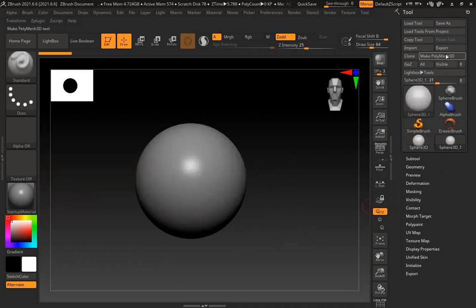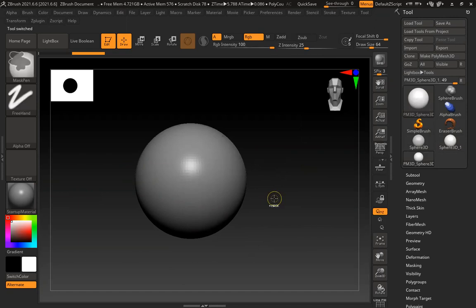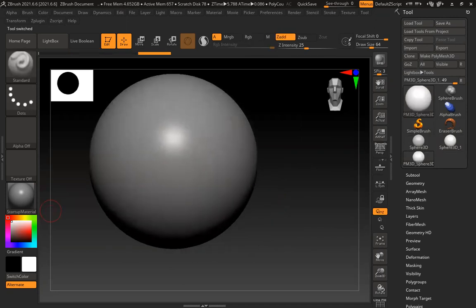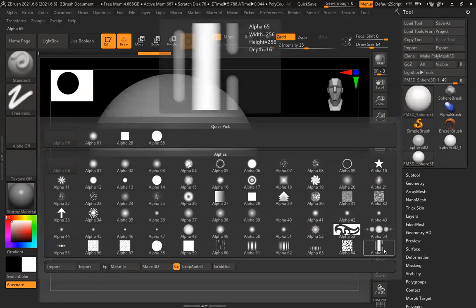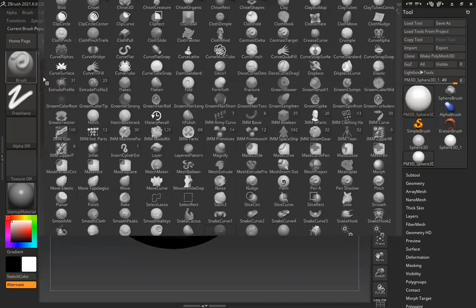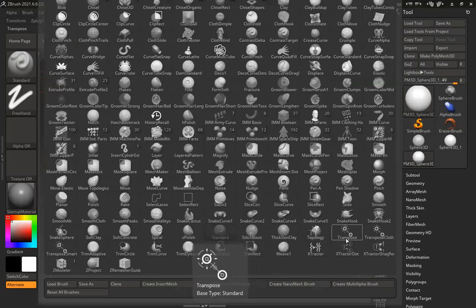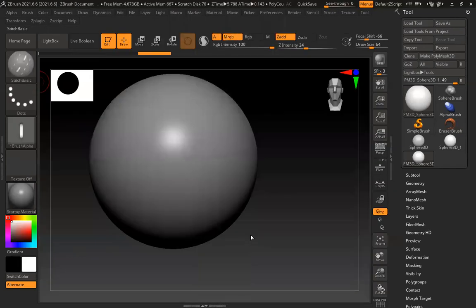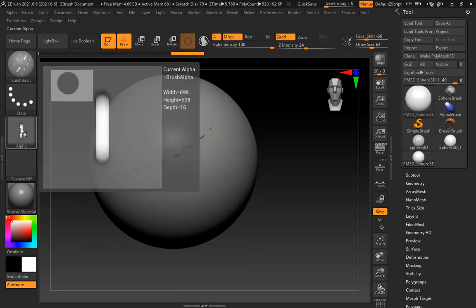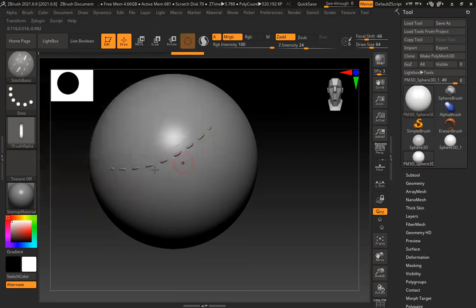Polymesh 3D, Control D D D. So stitches. If I want to create this, I can definitely use a paintbrush. Let's see, alpha, something like this, right? We can just make this only one section brush. We can create that, and I guess there are stitches also there in ZBrush by default. Yes, stitch basic. You can see it's already there in ZBrush. You see this alpha, it's already there.